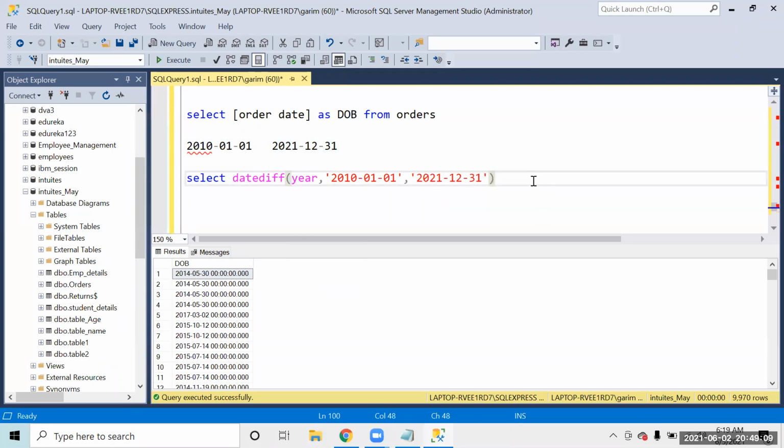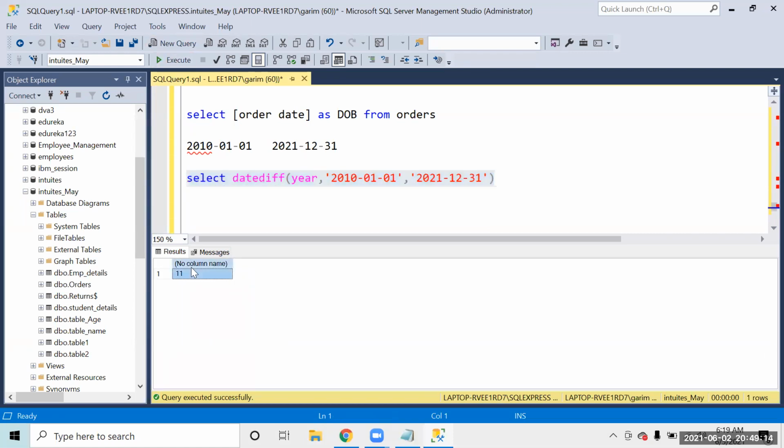If you find the difference, this is going to give the output as 11 because it is giving the output in the form of year. If you write month over here, it is going to give the output in the form of months, the total number of months, that is 143. If you want the difference in terms of days, you will write day over here, and it will give you the output in the form of day.